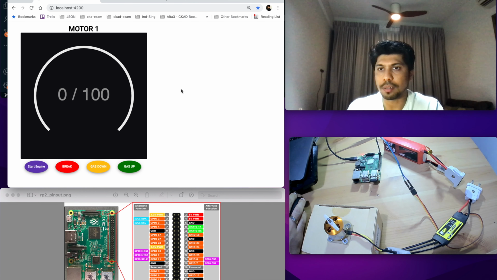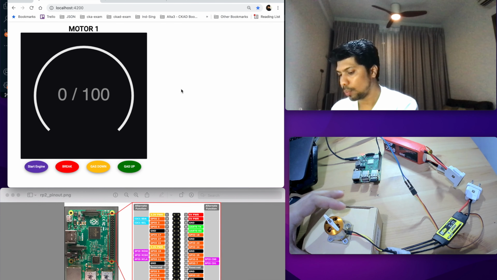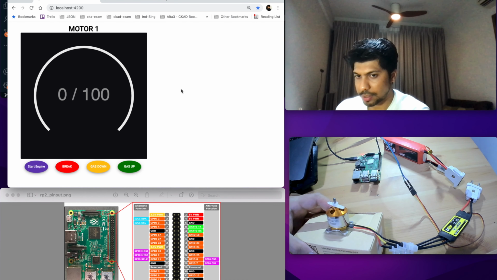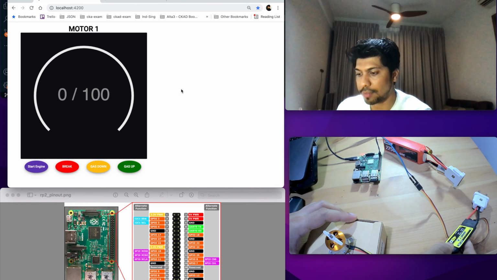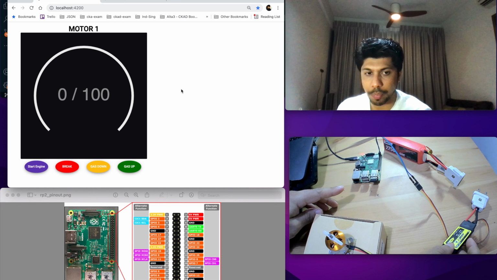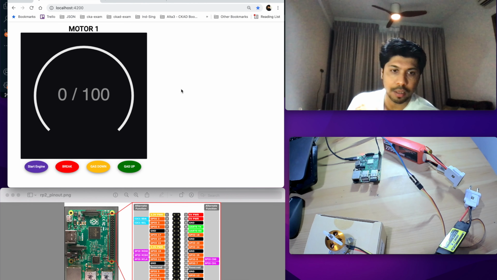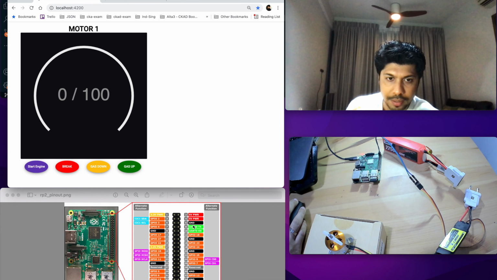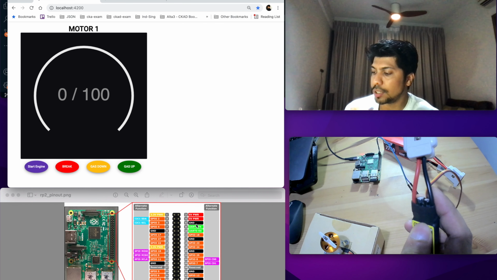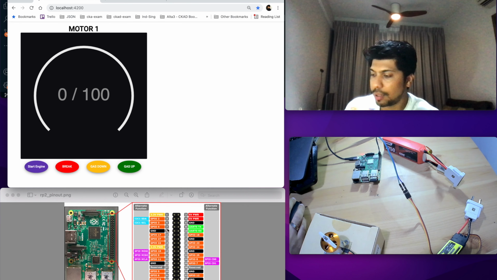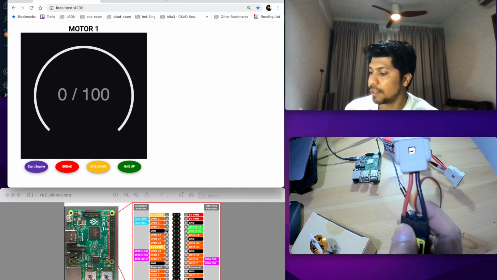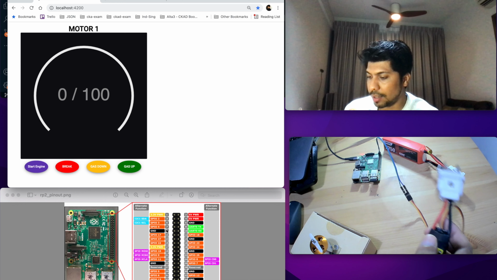Let's see what we have in the hardware section. In our demo we have a motor which is the RC motor 930 kV, we have a 40 amp ESC, we have a battery, and this is the Raspberry Pi. Raspberry Pi pin number 6 is connected to the ground, which is connected to the ESC ground pin, which is the brown color pin, and the signal pin, which is GPIO 4, which is pin number 7, is connected to the ESC's yellow wire. So from that the signal is coming.